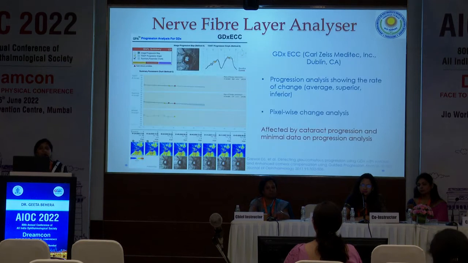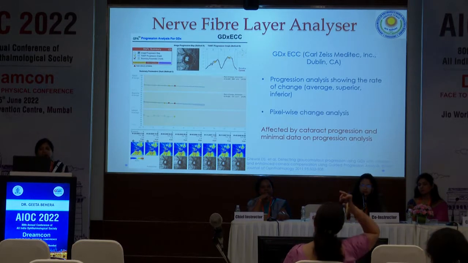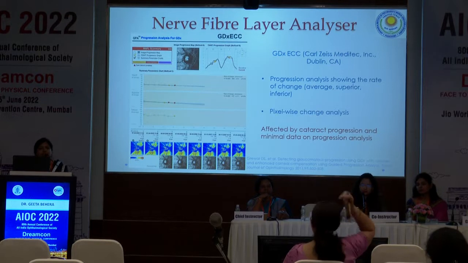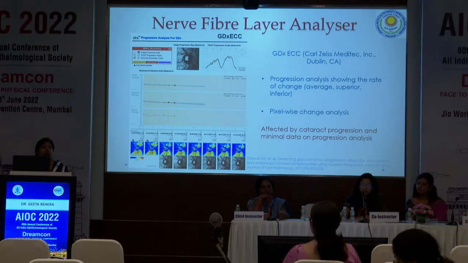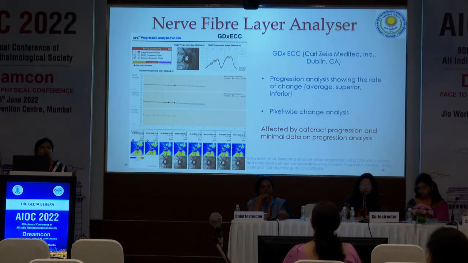The NFL, the nerve fiber layer analyzer, has a wonderful progression analysis, GPA, that is the glaucoma progression analysis, which shows both pixel-wise change analysis and also the trend-based analysis. This is affected by cataract progression, unfortunately. This is because the lens is a birefringent structure, so cataract affects the NFL far more than it affects imaging by other devices. Again, there is minimal data on the progression analysis related to